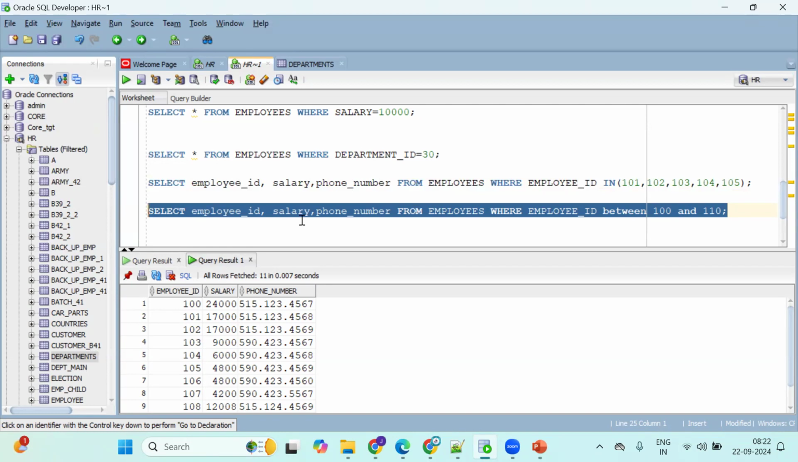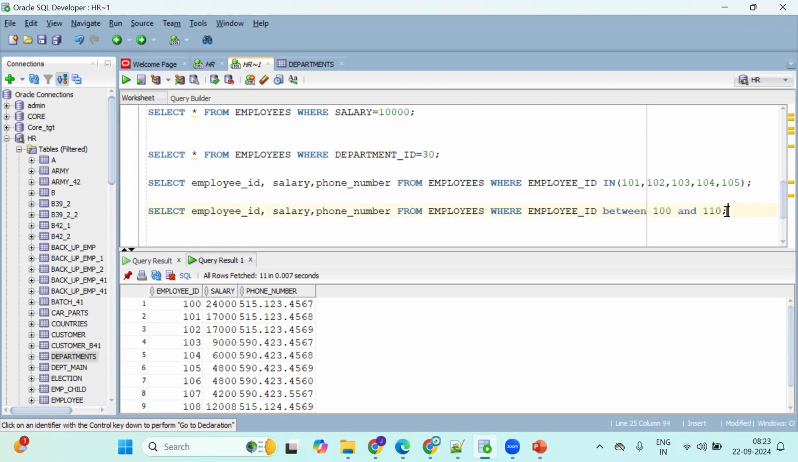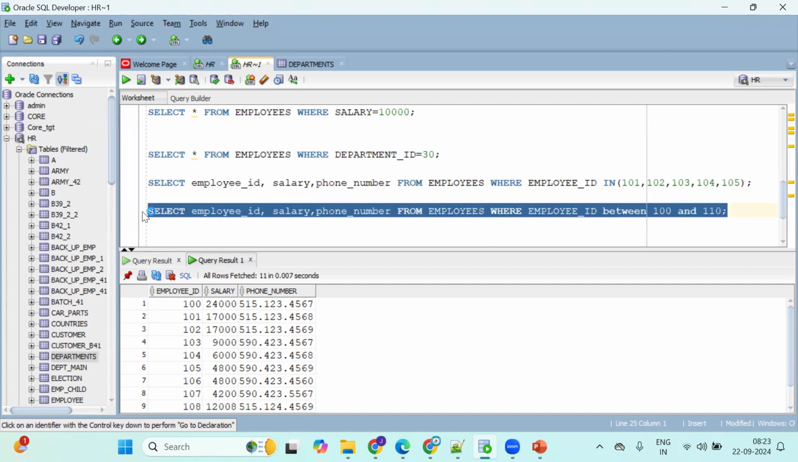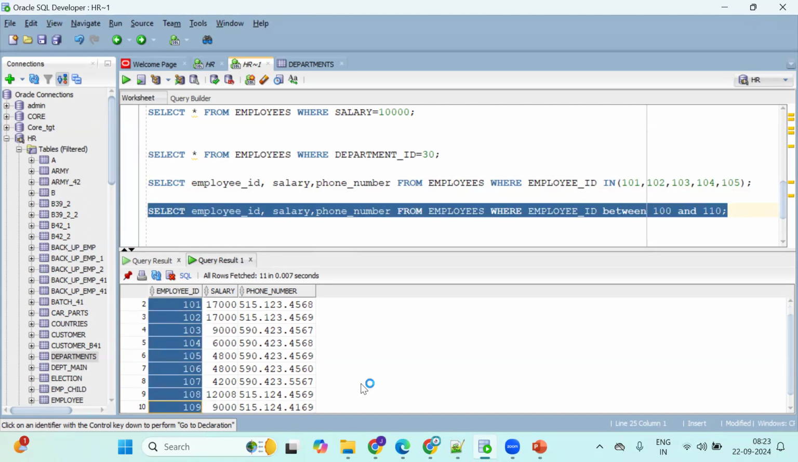Okay, so select employee ID, salary, phone number from employees where employee ID between 100 and 110. So like this, you will get the data. Okay, so now